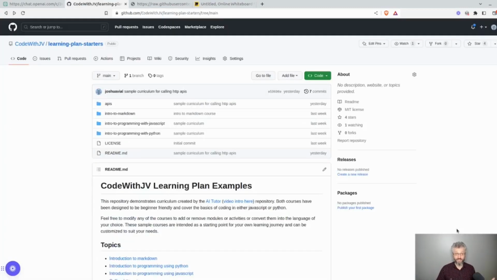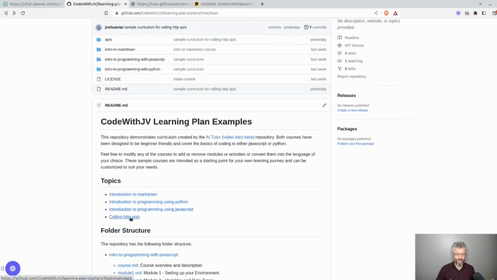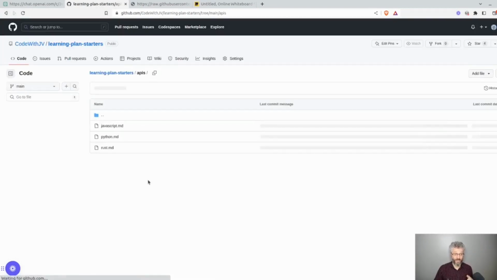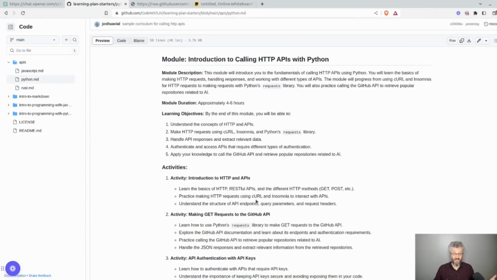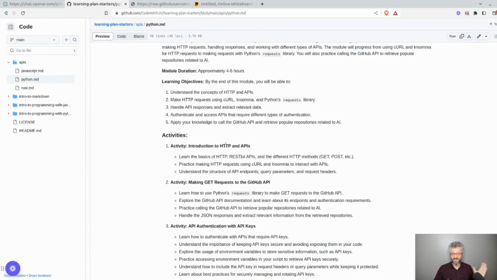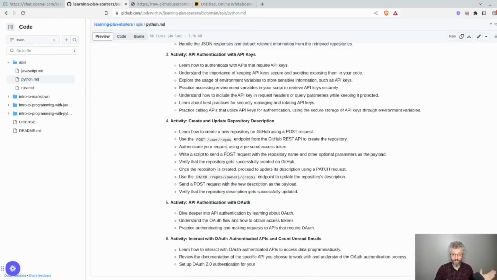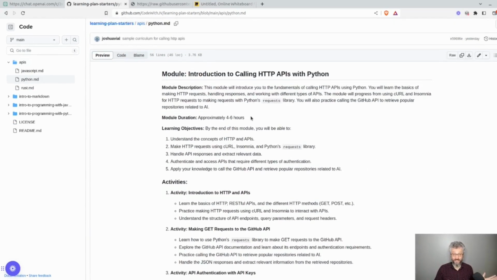As a companion for today's video, I have made a bunch of sample learning plans for calling APIs. They're in JavaScript, Python, and Rust because that's what a lot of people are using. They're fairly similar to each other. If you're using another language, it's pretty easy just to give this to ChatGPT and say, hey, give me this in Go or whatever you're interested in. This has a fairly in-depth overview of APIs with some good practical exercises. So,